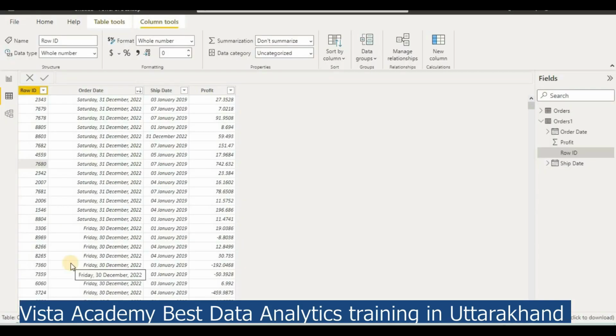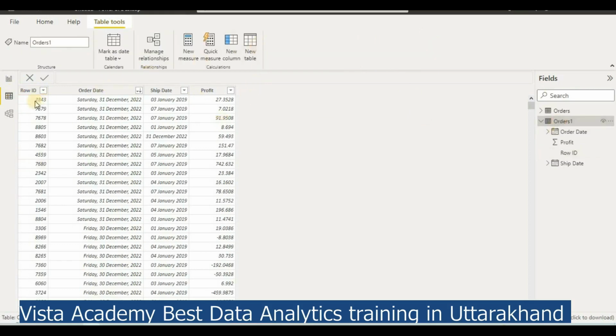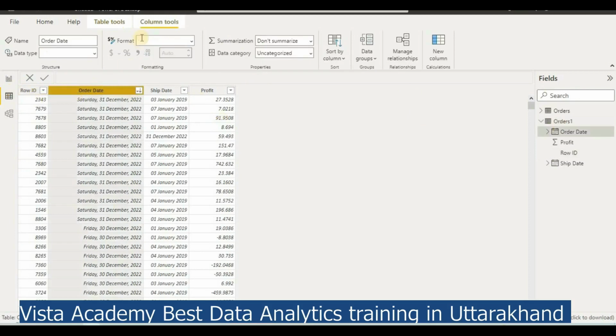So now friends, in this video tutorial of your Power BI DAX, we will learn some basic date functions, and this is the second part of our basic date functions. So what we will do, we will go here and select my table, which is Order 1, and now I will click on any column in the table, go to Column Tools,